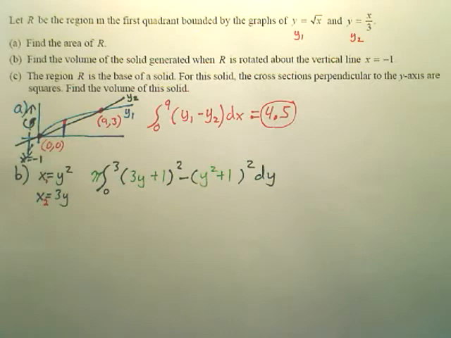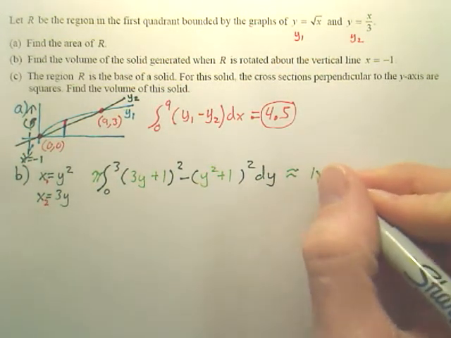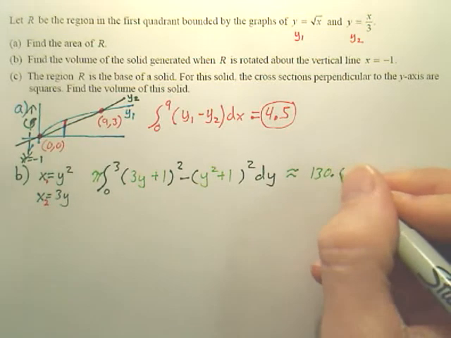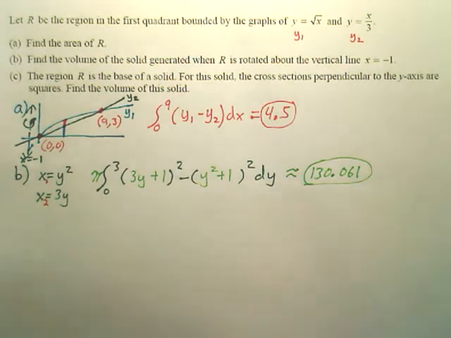Then you do this in your calculator, and you end up with approximately 130.061. Now, you need to have 3 decimal places. Very, very, very important. 3 decimal